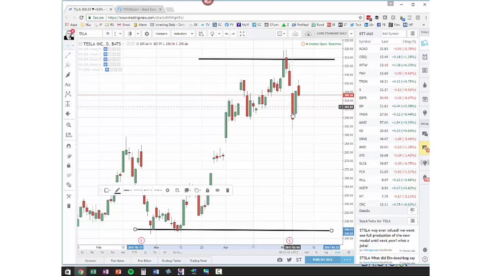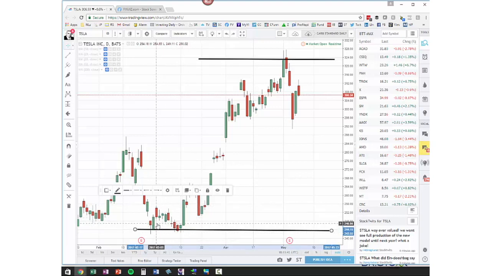It sold off quite sharply over the past 3 days. Now, there was some earnings. You can see the E down here marks the earnings that played into that. So there's some news involved in this event. But what this is telling me in general is that investors and analysts and traders all consider Tesla to be overpriced above 324. They also consider it to be underpriced down around 245, because that's where you get all this